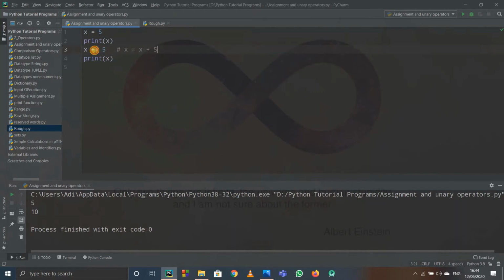And one more way to write it is, not one more way actually, other operator is x minus equals to 5. So what it means is it actually just means x equals to x minus 5. So it will just print out x equals to 5 minus 5. That is, old x was 5. That's why 5 minus 5 is 0. Again x, here multiplication sign asterisk. So when I run this code again, it will just print out 25, that is 5 into 5, and the same thing goes for division. So when I divide it, and there are many such operators now, x plus equals to, and obviously division is a float value, so we got a float value.